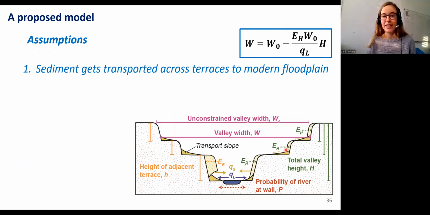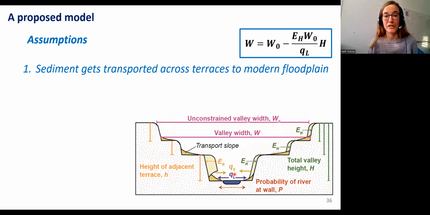So I think there are three main assumptions that go into this model. The first assumption is that it only works if sediment actually gets transported across the terrace surfaces to the modern floodplains. If all the sediment that is eroded up here would just be trapped on this next terrace level, that wouldn't work. So the sediment needs to be transported all the way down